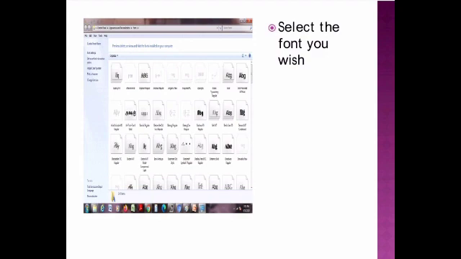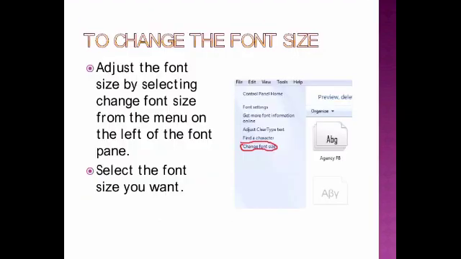So when you click that font, the window will be opened like this. In this you can select the font which you wish, right? So that font will be applied to our system. Next, how to change the font size? Same way, under font itself, on the left side if you see change font size, can you see what I highlighted? So when you click the font size, you can change the font size.